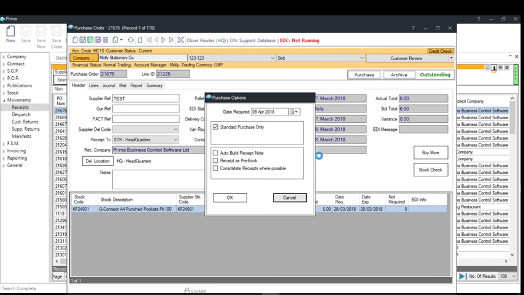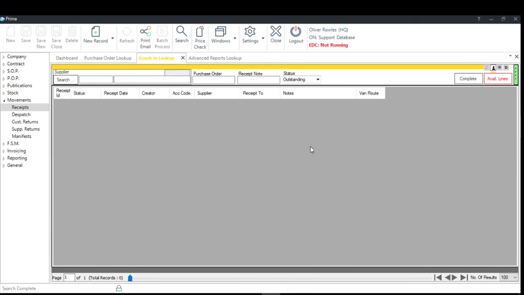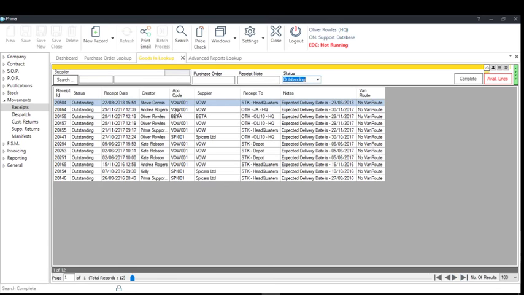Okay, so in terms of the receipt note then, if it was ticked as the option to also build a receipt note for the likes of the EDI orders, what you would need to do is in this outstanding list of receipts, if I just run a search, these are then the items. If I just put the status back on outstanding, actually, these outstanding receipts then is what you're going to be booking in to say this has come in, and so on. So if I go into this first one as an example,